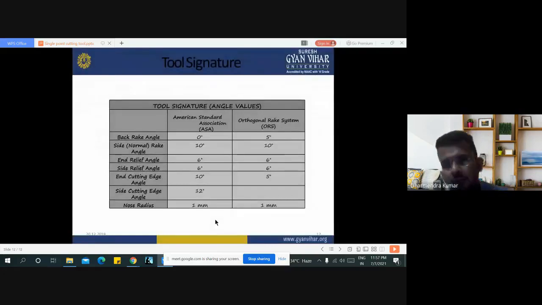This is the overall form of the single point cutting tool, in which we have seen the geometry of the single point cutting tool, types of cutting tool, and the various planes of the single point cutting tool, and in these various planes there are different types of angles situated. We have discussed these angles also, and the values of the angles which we consider during the manufacturing of a single point cutting tool. This is the overall form of this chapter or this video lecture. Thank you all.